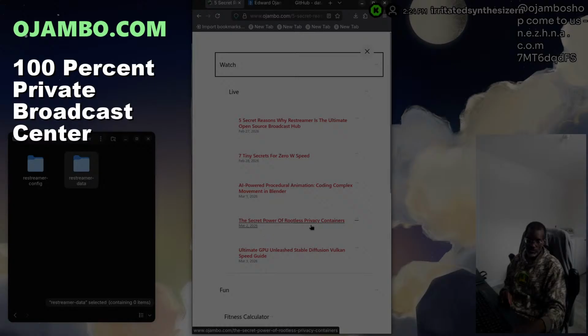And then after that, we will show you some rootless privacy containers. So this is going to be like a home lab. And then after that, I guarantee you guys are going to love this one. This is going to be AI. We're going to use Stable Diffusion, but we're going to use Vulkan. We're going to compare Vulkan to ROCm, because there have been some bugs with ROCm, and this really drives me crazy. So we're going to compare the speed, and you're going to see Vulkan is very, very stable. And obviously Vulkan runs on the CPU, integrated graphics, and dedicated graphics.